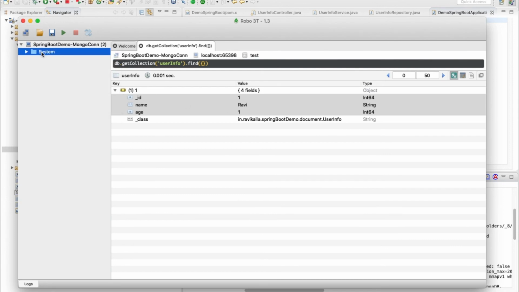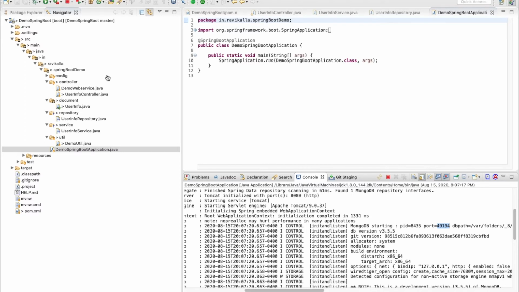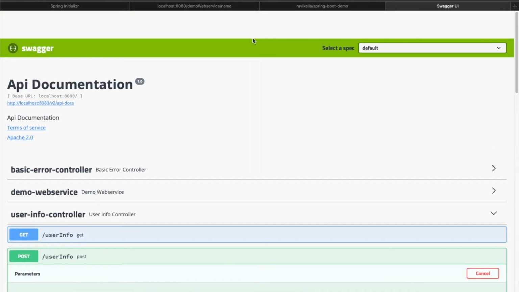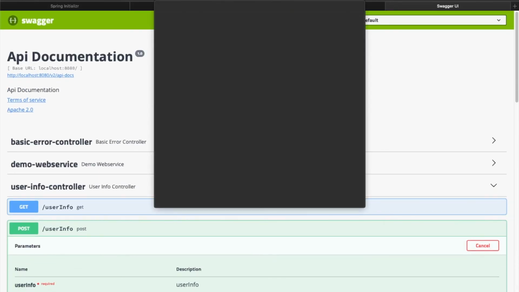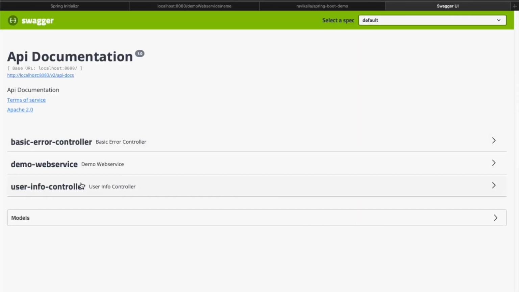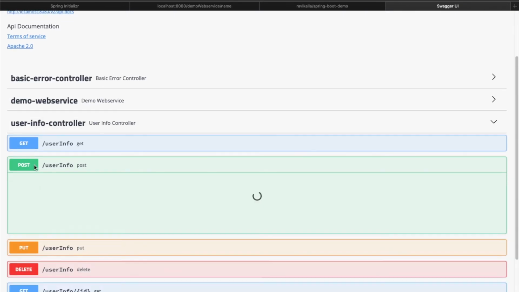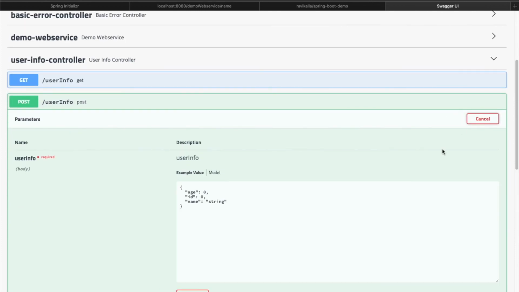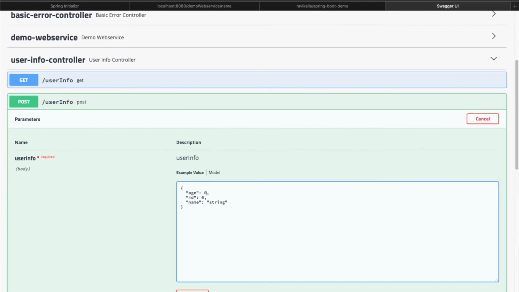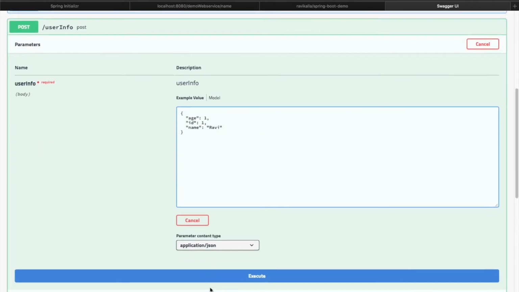Now let us create some objects again, like how we have done earlier. User info controller, post, try it out. Age is 1, ID is 1, Ravi is the name, execute.